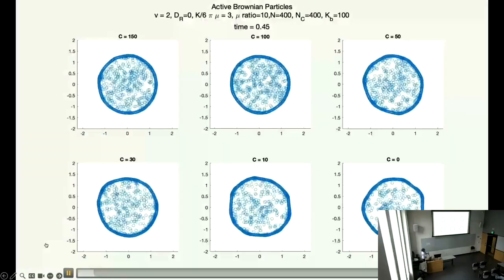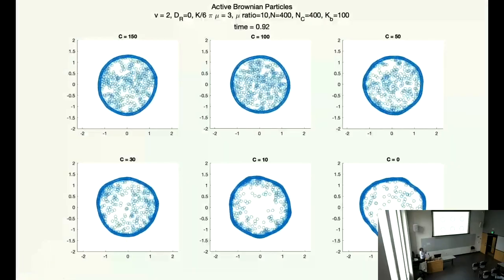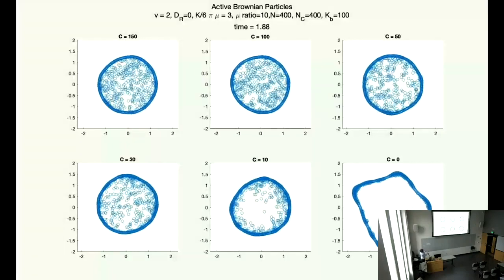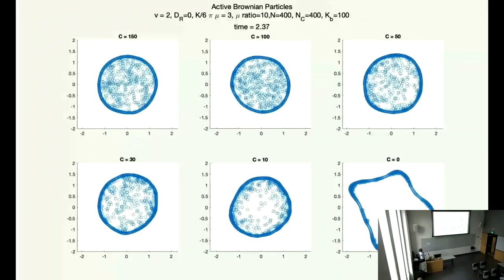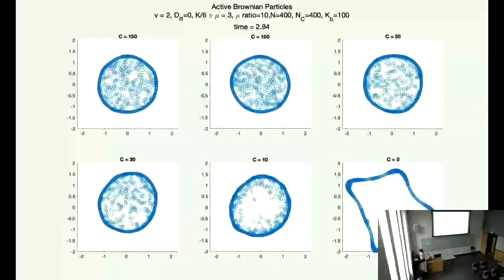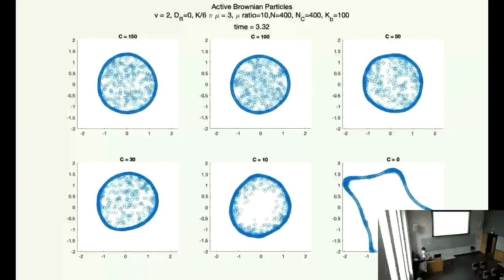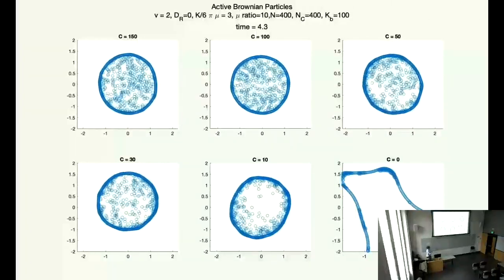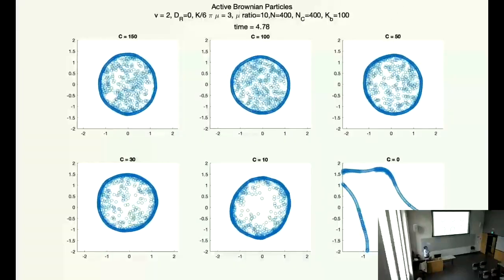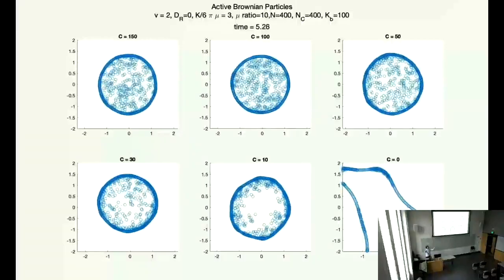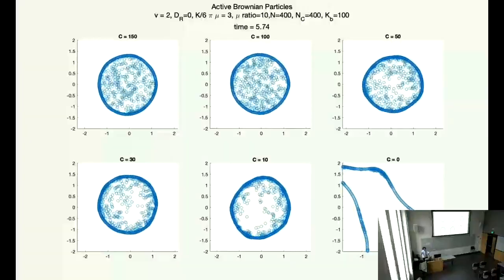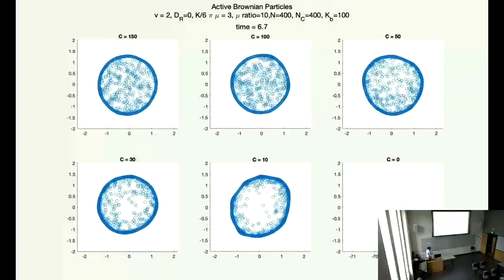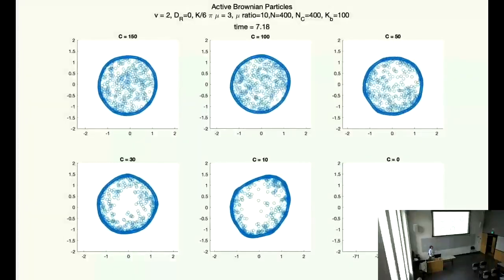Depending on the strength of the interaction, when you have a lot of interactions, these guys are stirring each other a lot. So you end up with them just being all over the place inside of the droplet. When the interactions are of order 1, you can form a vortex, so all of the particles accumulate near the boundary. If there are no interactions, all the particles just go to the boundary, hit the boundary, and that's the end of it. They kill the vesicle. But the important outcome of this project was that we didn't see any motility of the container.